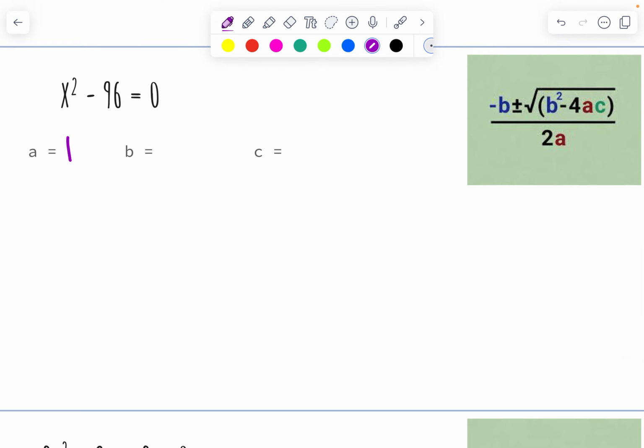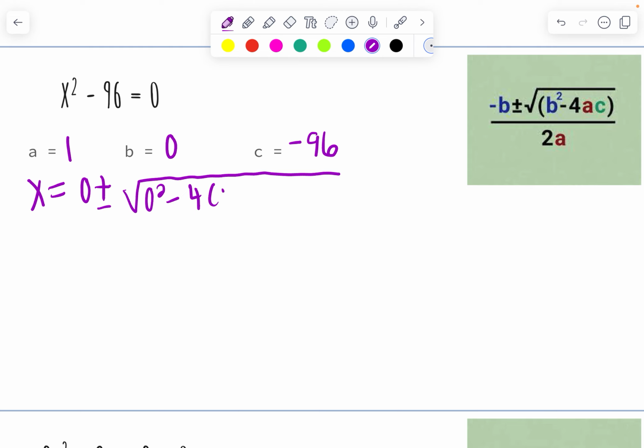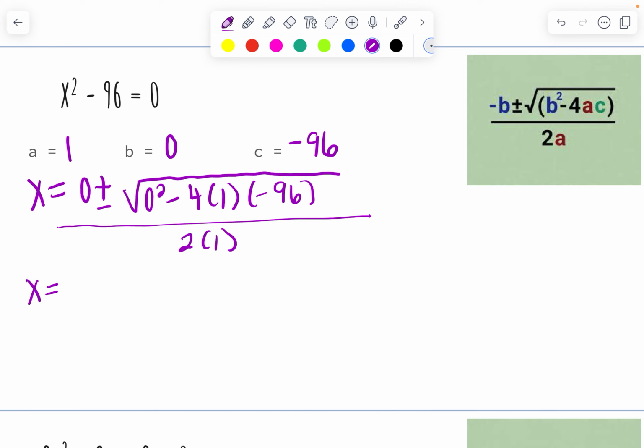All right, this one, A is 1, B is 0 again, C is negative 96. So x equals 0 plus and minus the square root of 0 squared minus 4 times 1 times negative 96, all over 2 times 1. Continuing to simplify, we have plus and minus the square root of 384,